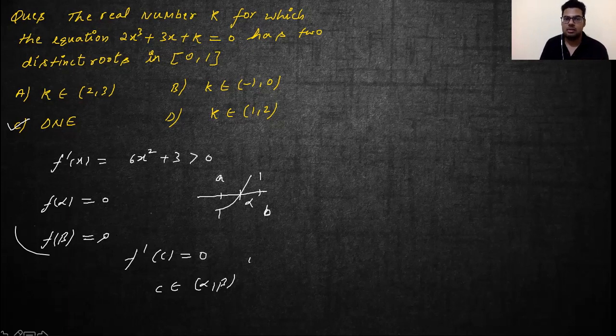It is similar to the first question that we have already done. It is not required that you always directly or indirectly use Rolle's theorem. In this question the better approach is to just take the derivative, and we have seen that the function is increasing. Since it is increasing and cubic, we know that it will move from minus infinity to plus infinity and cut the x-axis only once. So you don't have to go into this, but yes, we can solve it using Rolle's theorem as well, as we have done here, in both the first question and this one.